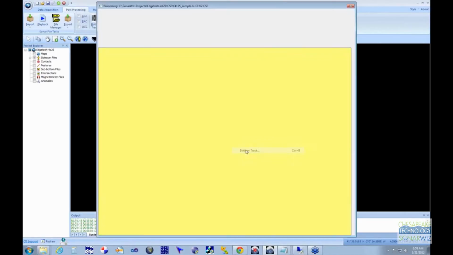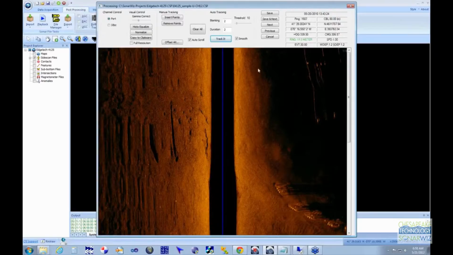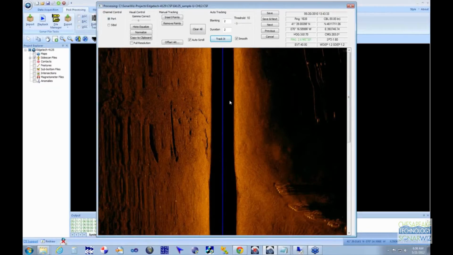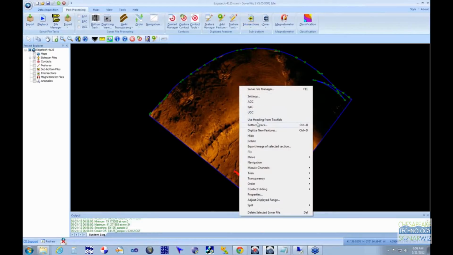I'll bring it up in the bottom tracker. And as I move the cursor around, if I look now here in this event column and the cable out column, as I move the cursor through the file, you can see that these numbers are changing. So now, in the original acoustic file, I've got real event numbers and real cable out. So I could then subsequently do some reporting or annotating if I wanted to, say, bottom track this file and annotate the